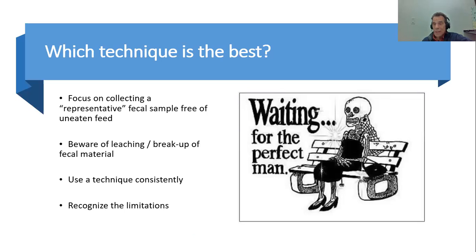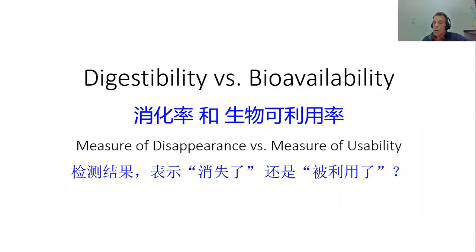Well, it's a bit like this lady, right, waiting for the perfect man on a bench. You actually cannot wait all your life for the perfect digestibility technique or the perfect man. You have to basically make do, right? You have to accept the reality that no technique is perfect, but it can be useful. At the University of Guelph, we've been using the Guelph system consistently over 5 decades with the same approach, and actually it led to very interesting information on the digestibility of nutrients.